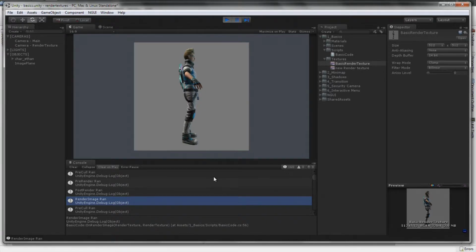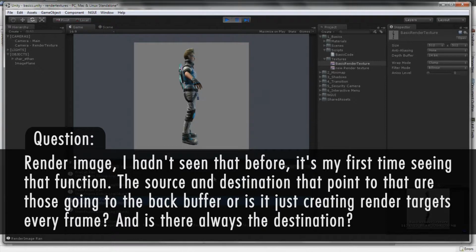Cool. Sure. On render image, I hadn't seen that before, so it's my first time seeing that function. The source and destination that come into that, I'm assuming it's one in the back buffer, or does it just create render targets that you frame? No, it is basically just the buffer that's coming in. There's always a destination as well. Both of those will be